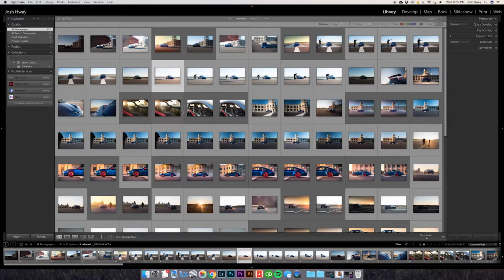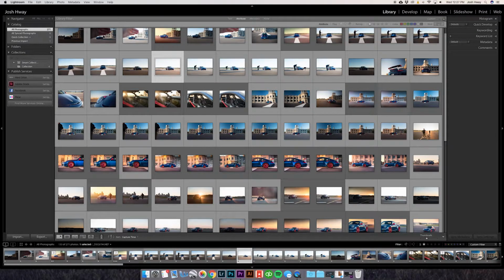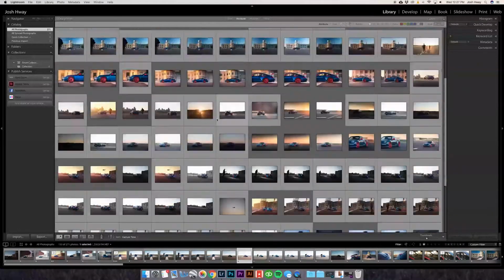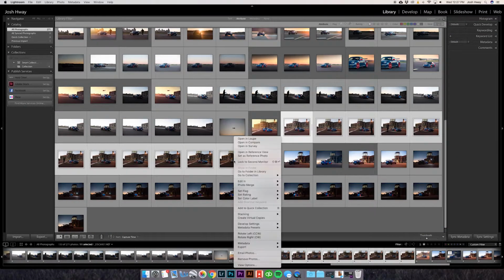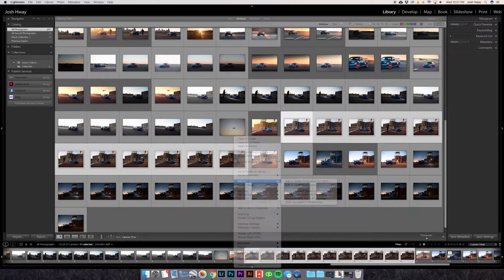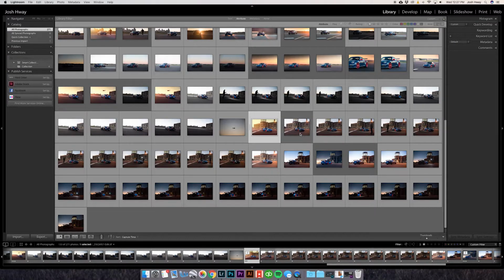But once they're all rated and I know they're good for Photoshop, I will select them all like that, right click and edit in Photoshop. Once in Photoshop, I will do my edits and composites and all the fancy stuff I need to do to make it look right. And then I'll save it or bring it back into Lightroom for the final look over